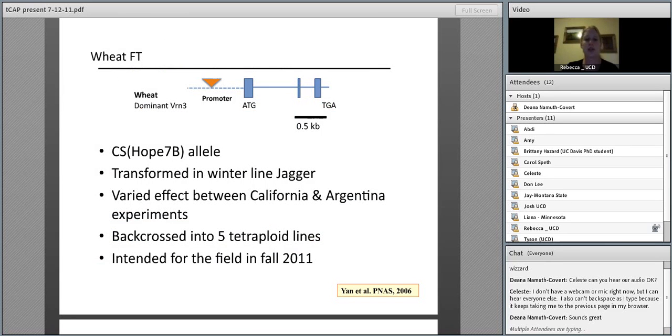So just a quick discussion about the wheat FT allele. The HOPE allele, as we call it, does have that promoter insertion in VRN3, which leads to a dominant phenotype. And when we transformed this into a winter line of wheat called Jagger, we did see significantly earlier lines that were linked to that insertion. And so this